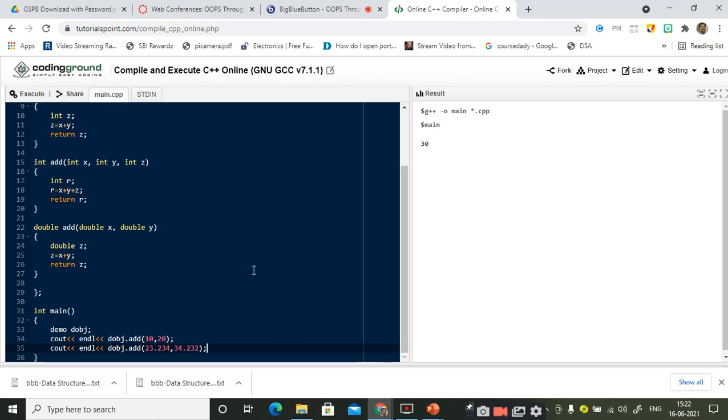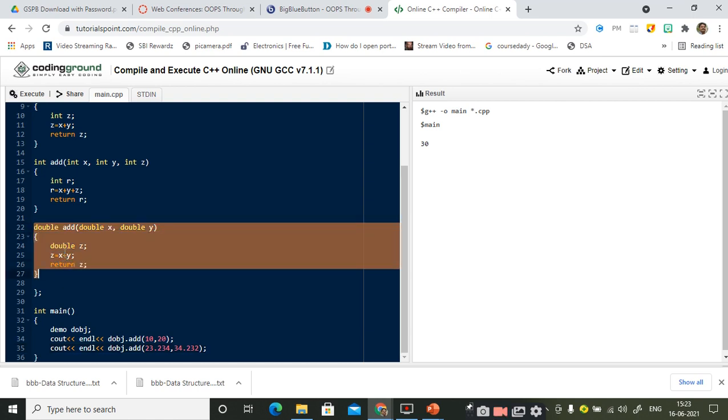Third one, sir. Why? Because the mapping of the parameters given by the user and the parameters defined inside the body of the function add is matching with this function only. Therefore, it is going to invoke this function, and the result we will get as double only.